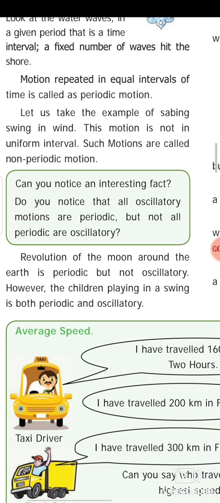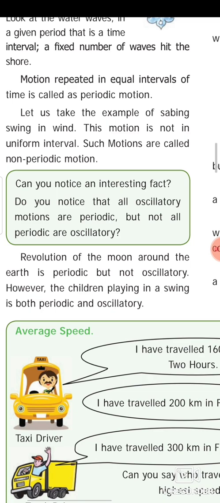So, equal interval of time. For the hour hand the interval of time is 12 hours. For the minute hand the interval of time is 1 hour. So in an equal interval of time it reaches the same position. See, consider the revolution of the earth around the sun. It takes 365 and a quarter days to finish the complete revolution around the sun. So every 365 and a quarter days it goes around the sun. That is another example of periodic motion.